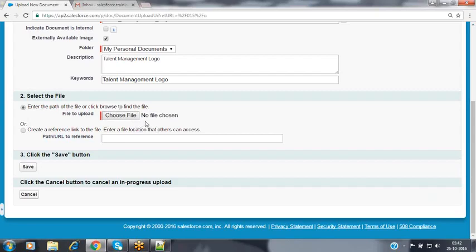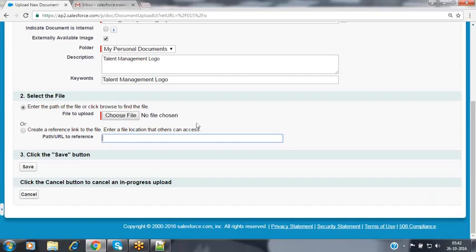Or if the image is available on the internet, and you want to dump it directly from the internet to your Salesforce, then specify the URL inside this text box. Whatever path you have specified, when you click on the Save button, it will reference that URL, and from that path the image will get uploaded into this Documents folder. So for that you may use Choose File, or you may use the path or URL of where exactly the image is available on the internet.